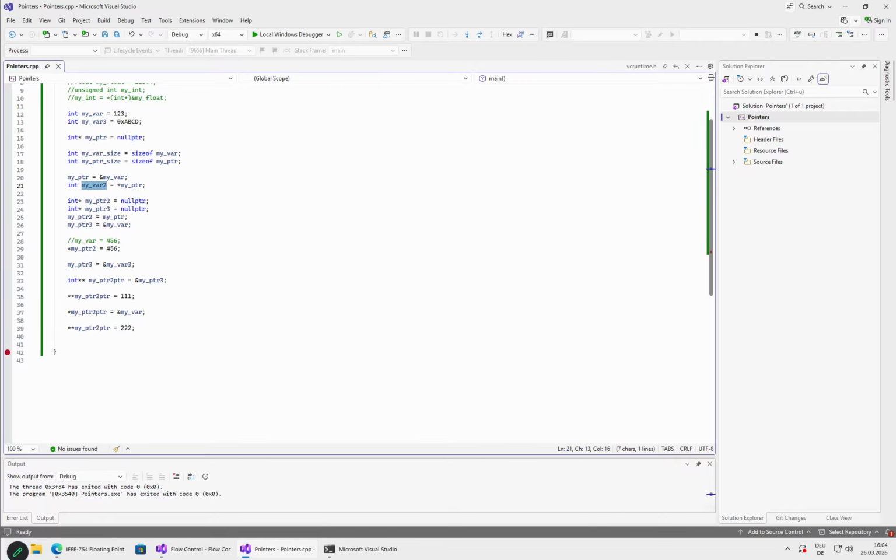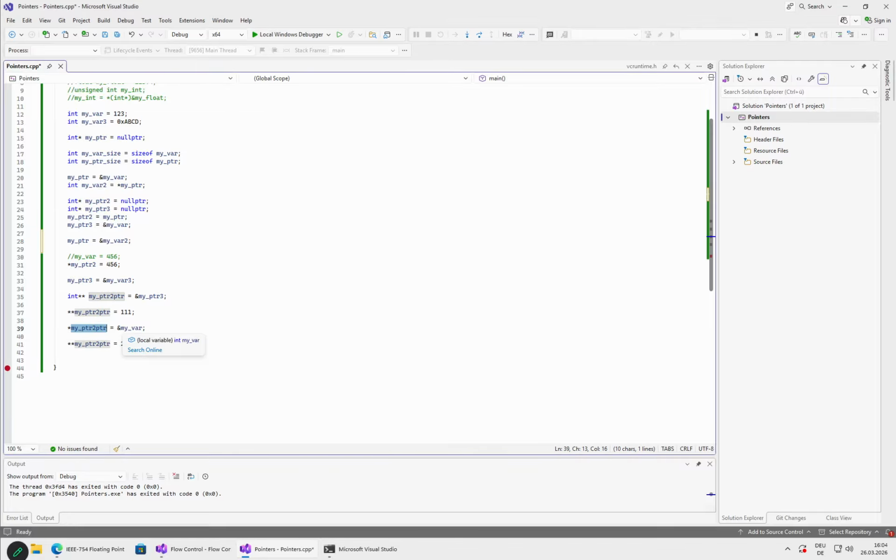Do we have a pointer that points to variable 2? We don't. So let's make another pointer. I'm using all of them. We are using pointer 2, we are using pointer 3, we are using just pointer. Yeah, okay, so let's here maybe reassign pointer to point to our variable 2. And then